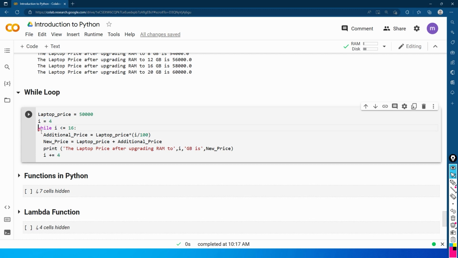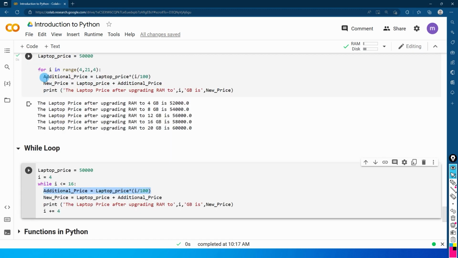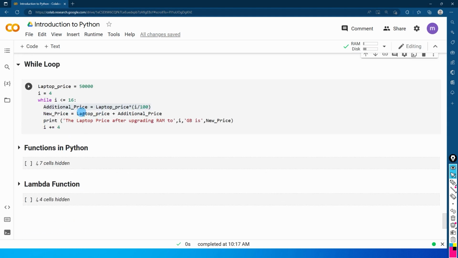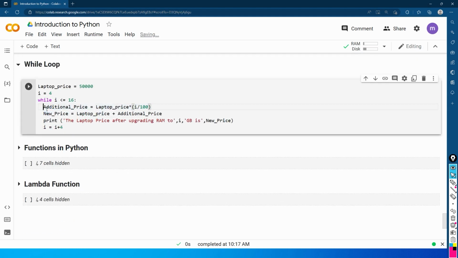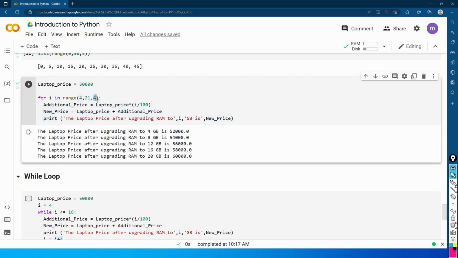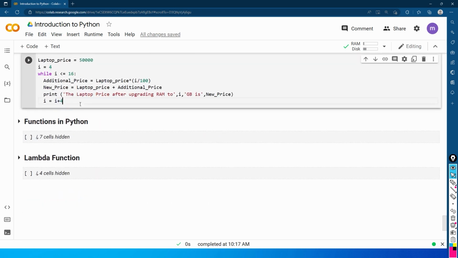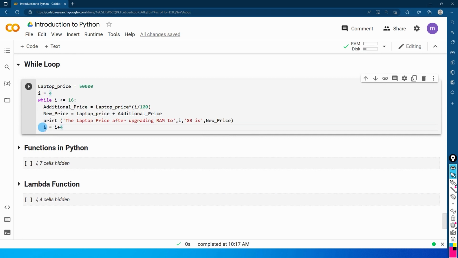And then the way I write the while statement is I just say while I is less than or equal to 16. All right, and then there is a colon over here, and then the same code that I have over here, I have just copy pasted that over here. And at the end of the code, what I'm doing here is I'm assigning value I and then adding 4 to it, because over here I had the multiples of 4, and over here I can just do I plus 4, assign that variable to I, which will now become, so it begins with 4, my I is 4, and